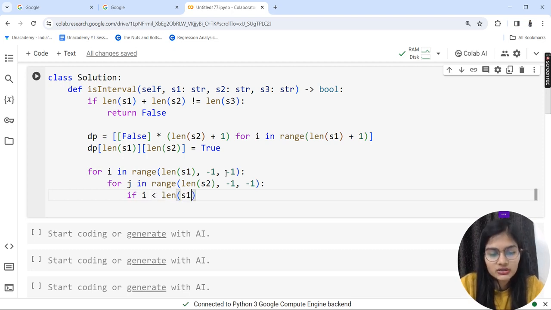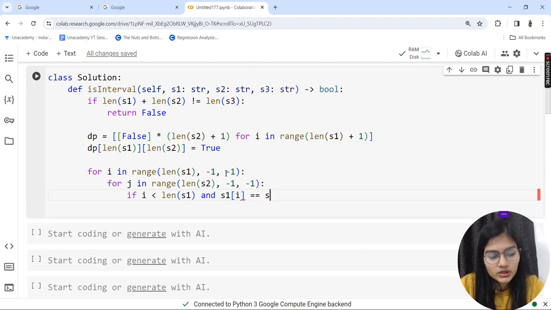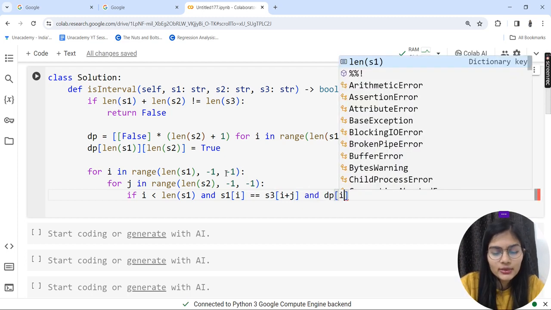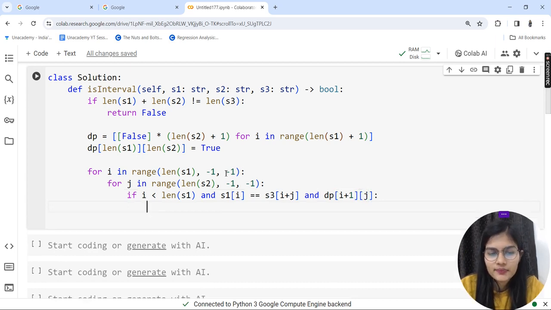is less than the length of my string number 1, and s1 at index i is equal to s3 at i plus j. It means that whatever value I have in my string 1 at a particular place, if that is equal to the value at my string number 3, and my third condition goes: if I do i plus 1 and multiply that by j, if this is the condition which is getting satisfied,